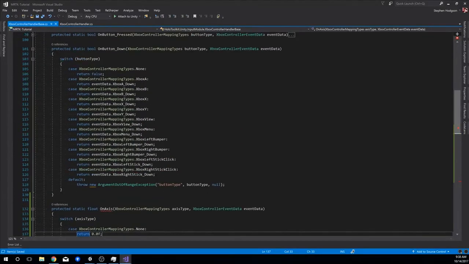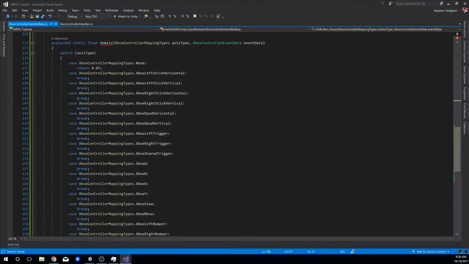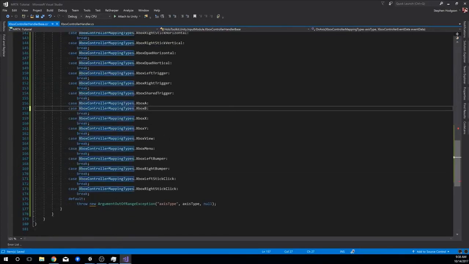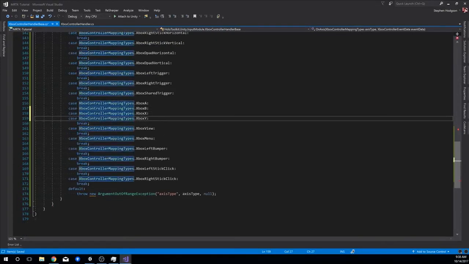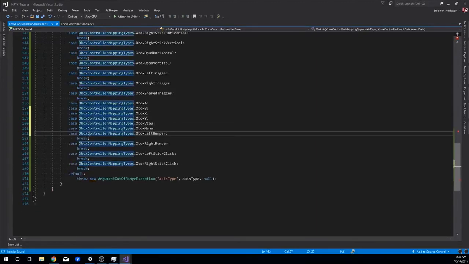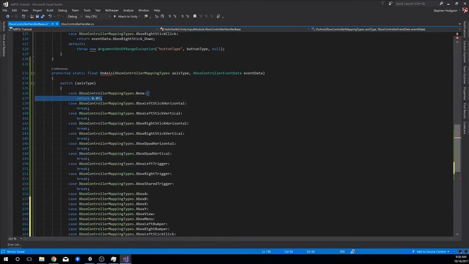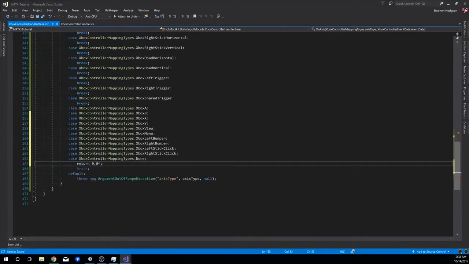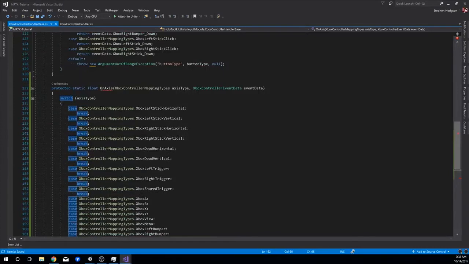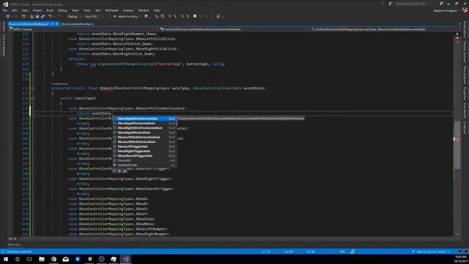And then for the rest, essentially what we'll do is we'll take our event data and we'll do it by what we need. So let's see here. For all of our button types that aren't axis types, like all of our actual buttons, I'm just going to remove these and return 0. Same with null, or with none. Okay, so that leaves us with our axes. So we're going to return our event data, and then we're going to do the specific axis for each one